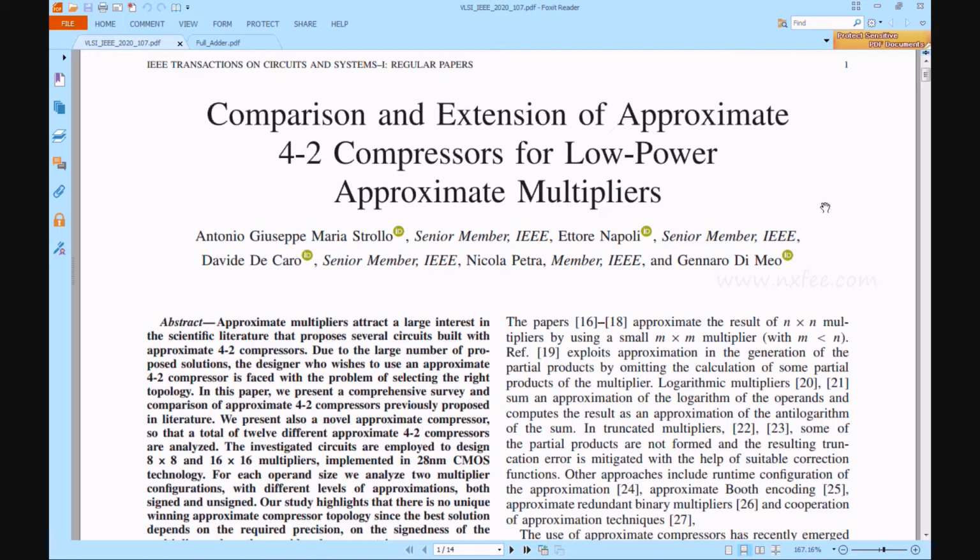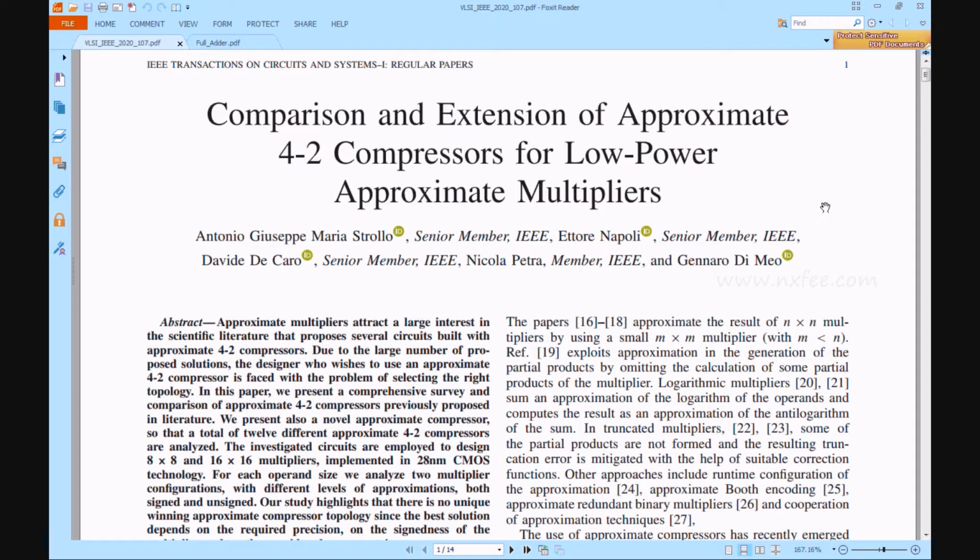Here we are discussing your project, comparisons and extensions of approximate 4:2 compressor for low power approximate multiplier. In this paper, we propose three different approximate 4:2 compressors using a high speed gate level full adder design of XOR and multiplexer circuit instead of conventional full adder design, which have a feasibility of switching between the exact and approximate computing operating modes. In approximate mode, this dual quality compressor provides high speed and low power consumption at the cost of low accuracy.